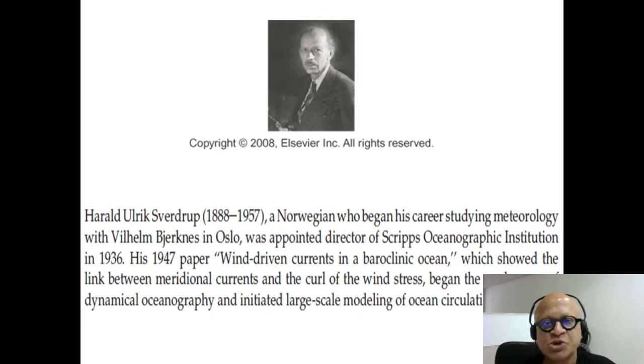Again, lots of oceanography came out of Sweden and Norway and so on in the early to mid 20th century. Rossby was also Swedish, I think. Sverdrup, a Norwegian, began his career studying meteorology under Wilhelm Bjerknes. What a surprise. And he became the director of Scripps Institution of Oceanography in 1936. In 1947 is when he proposed this Sverdrup theory, relating the curl of the wind stress and meridional currents, which obviously revolutionized